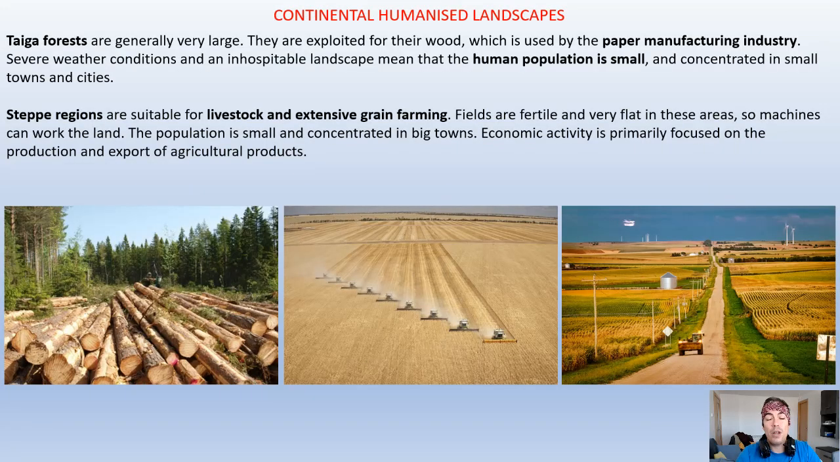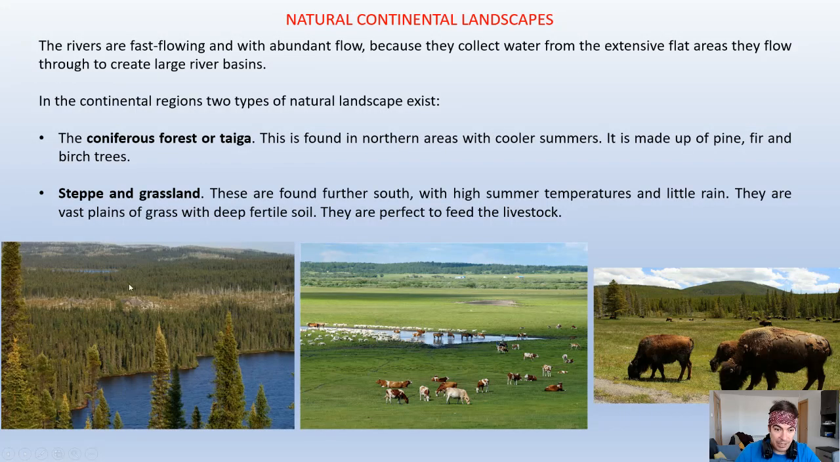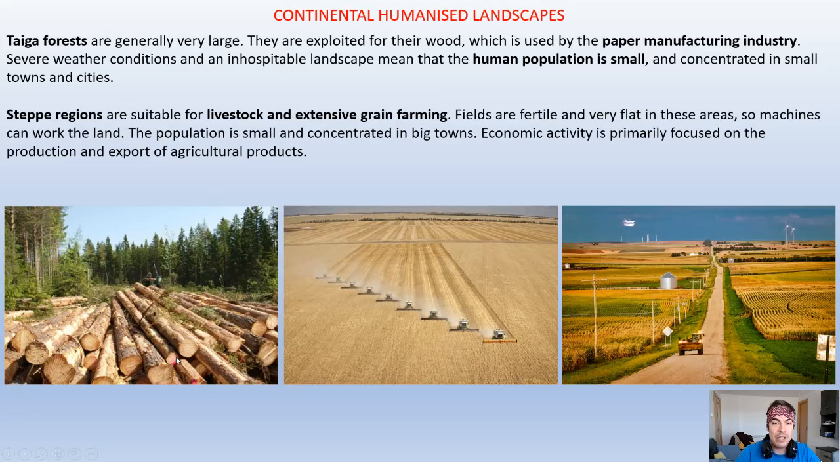Let's continue with the continental humanized landscape. We have talked about the taiga forest, which is generally very large. Here we have a taiga forest, and this is a taiga forest also. I didn't say it, and they are exploited for their wood. Okay, here you have this wood. The most important industrial activity is logging. And this wood is used mostly for the paper manufacturing industry to make paper because of the cellulose that